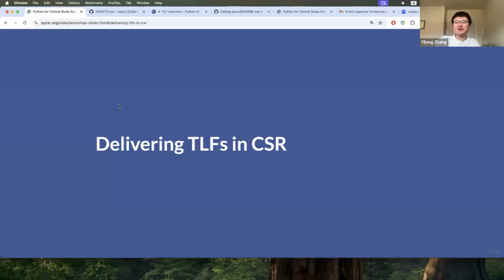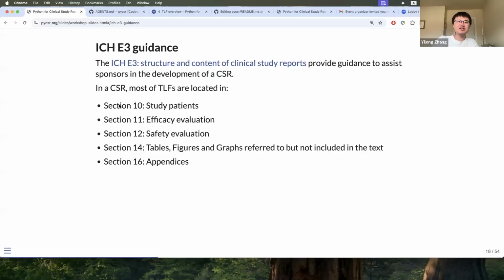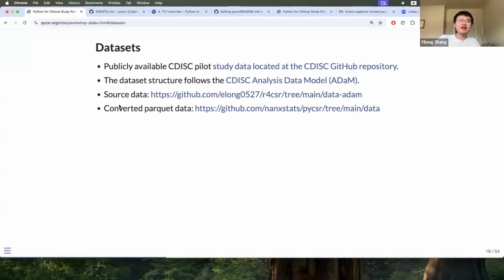And here, actually, I will go with a simple one and probably more familiar to people in the pharmaceutical industry, starting from how to create a table, listing and figures, following the ICH E3 guidance, to get some simple tables, and also how to assemble them into an analysis package. Right. So to get started, I think the first step is to think about our datasets. And typically in the pharmaceutical industry, we always use ADaM data, the analysis-ready datasets, to generate our tables, listings and figures. So here, for simplicity, we also assume that we already have some ADaM data available.